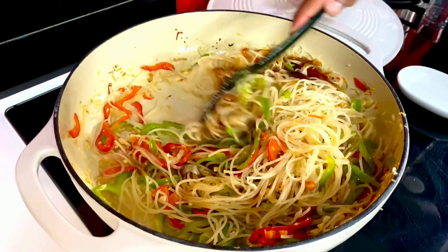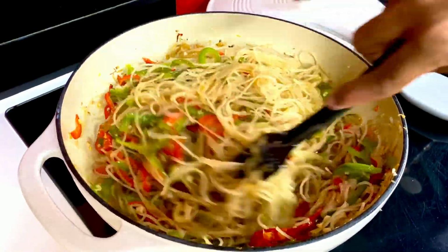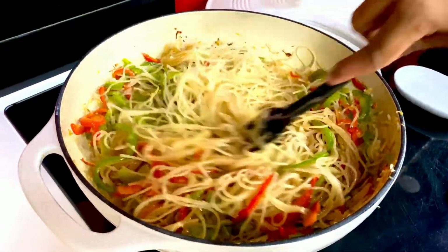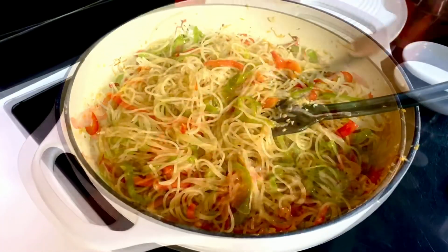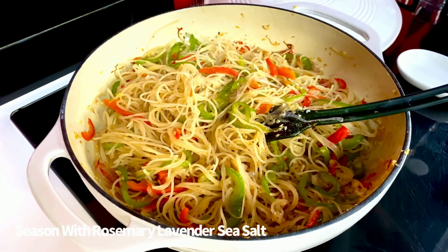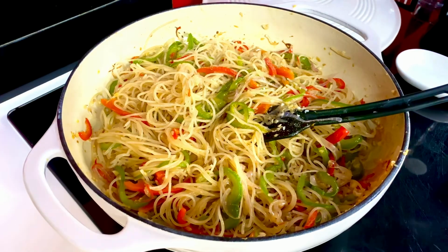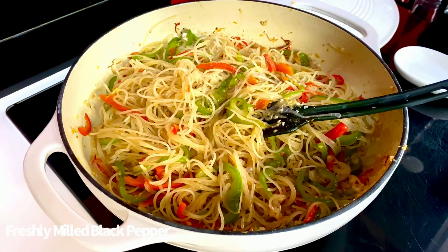Give this a light tossing, not too much, just allow everything to toss in well. This needs a final sprinkling of some seasoning, some herbs, and you're good to go. A fine sprinkling of some rosemary lavender salt going on top, and I'm playing around with a lot of different flavors and textures. You can just use some plain sea salt as well,